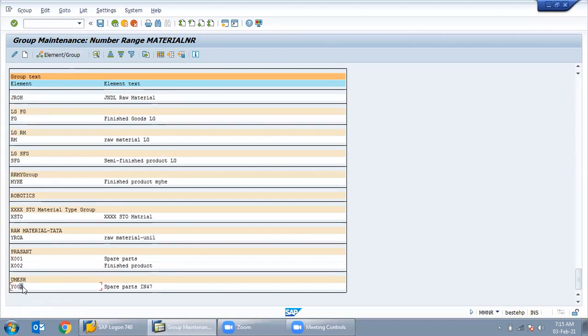So the number range is assigned at group level and the material type is assigned with the group, so that the number will be generated from there. I have set the number as 30,000 to 30,099.